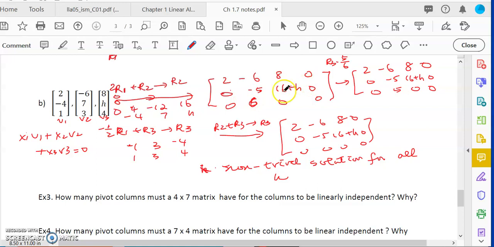And because there's an h here, we have to use hand calculation to do the row echelon form, just row echelon form to find the pivot columns. And we notice that we have two pivot positions after we finish making it into a row echelon form, and one free variable, which is x3. So no matter what h is, x3 could be any number. This does not prevent these from being a